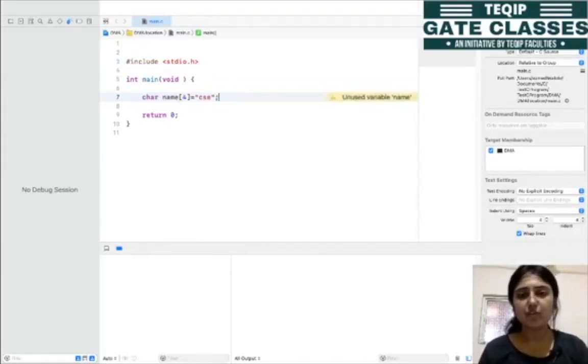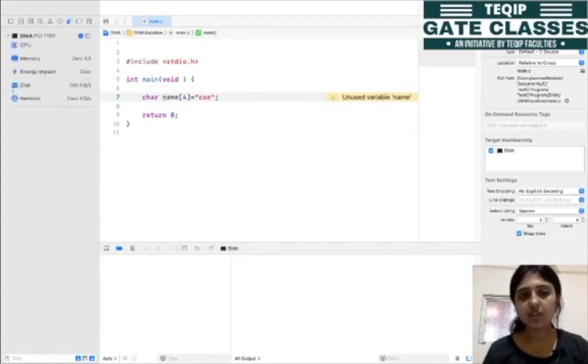Okay, yes, this is a warning that the variable name is unused, because so far we have not used this variable anywhere. So let me run this code. This is the message build success, and we will not get any output because here we are not printing anything, okay?